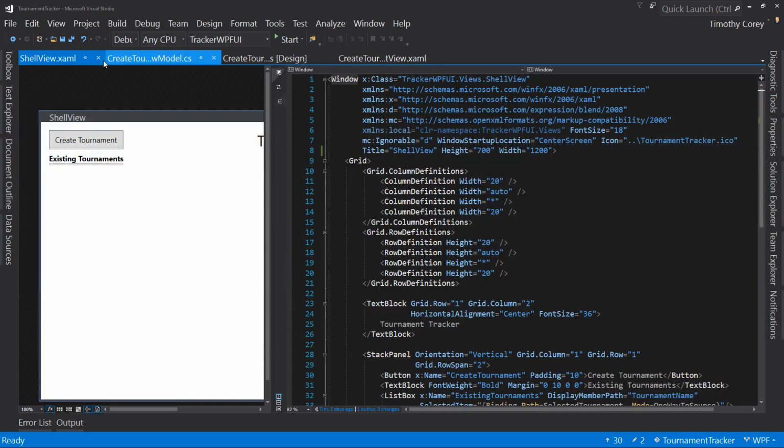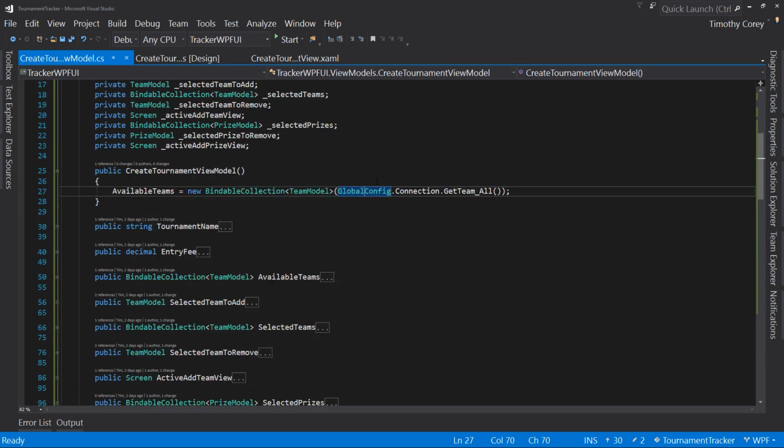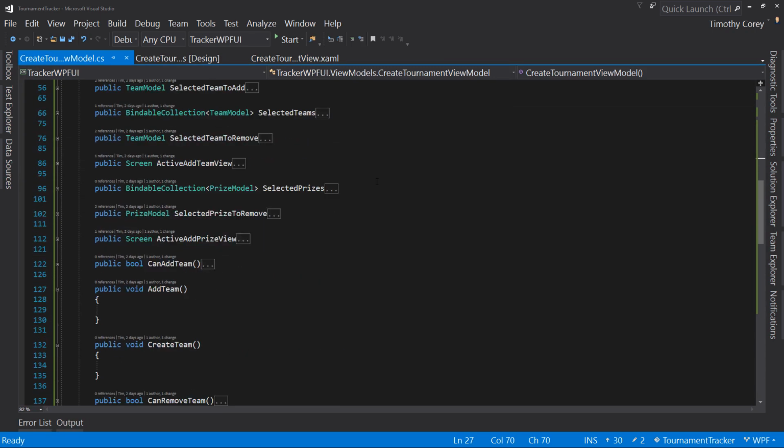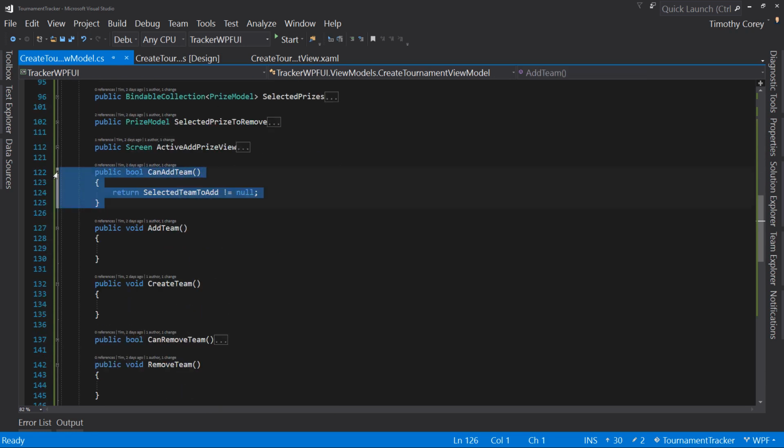We can do that by going back to our view model and scrolling down here to CanAddTeam. Now, if you remember from the team form, this wasn't a method; it was actually a property. We had to do the NotifyOfPropertyChange for the CanAddTeam, and that's our problem here too. This is not being flagged that it needs to be